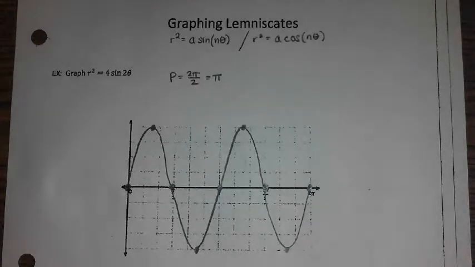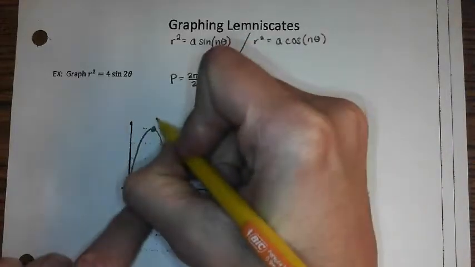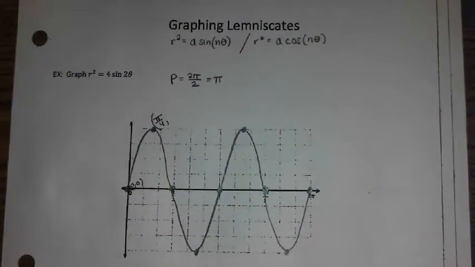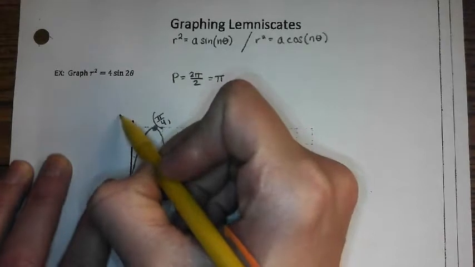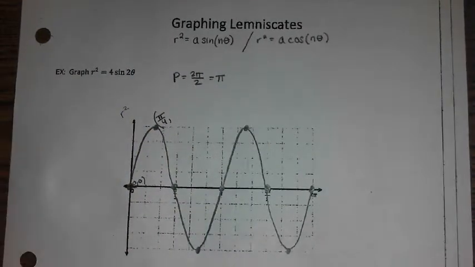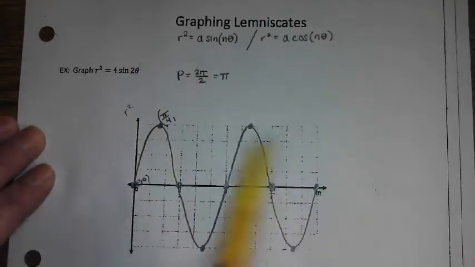The issue we're going to deal with, though, here is, this is 0, 0, obviously. What is this point? Pi over 4 what? Is it 4 or 2? Because we graphed R squared, so I think this is R squared. But let's see via a table of values. If I plug in pi over 4,